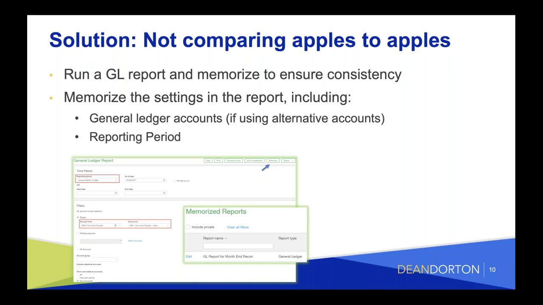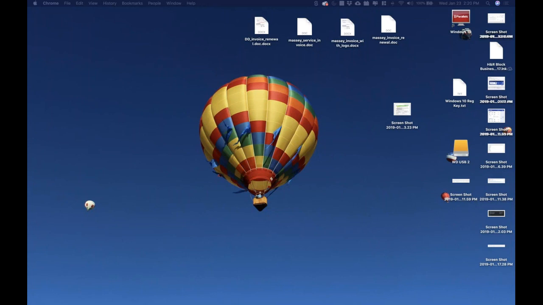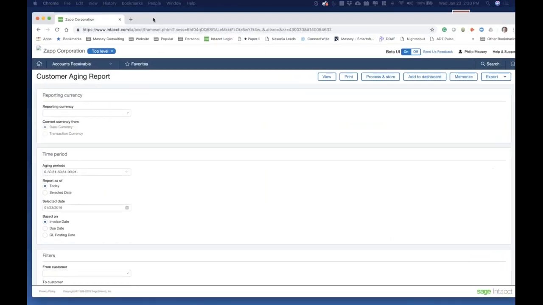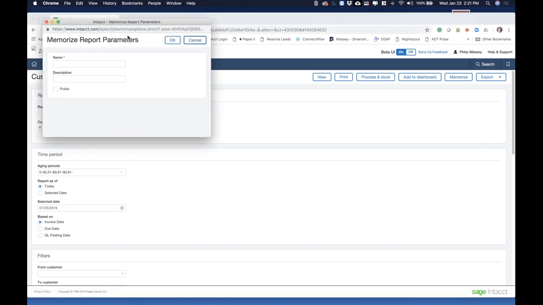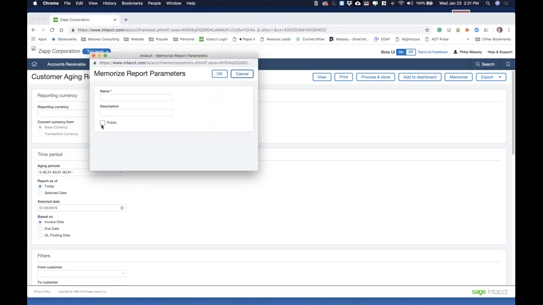There's a little example here, clicking the button to show how to memorize a report, but just for safety's sake, and since we do have a little bit of time, I'm going to bring the customer aging report back over here again. Notice I'm still on this screen. I can view, print, process and store, but I can also memorize this particular report. If I click on memorize, I get a pop-up box that asks me the name, the description, and whether or not I want to make it public. Let's just call this Bank AR report,